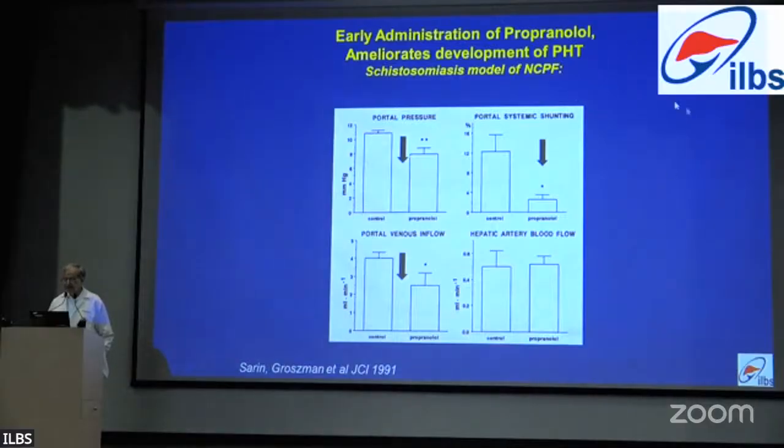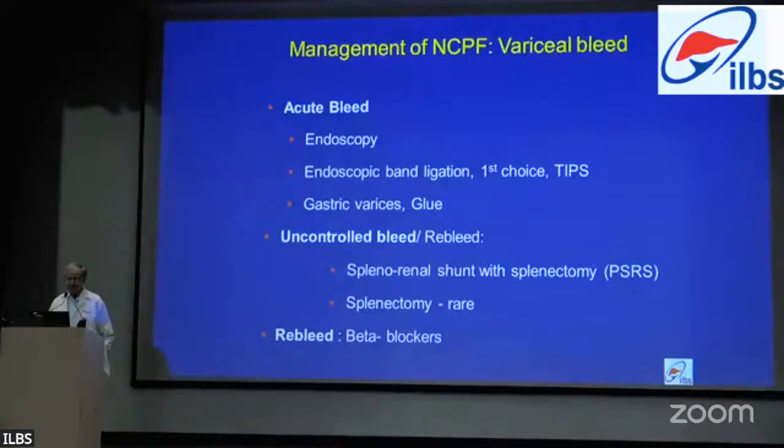This was the first experiment, and this was published in JCI, and this is the basis for all the work on beta blockers for primary prophylaxis. All studies subsequently use this animal model. And just to give you an idea, these animals were developed in Boston, at Tufts, and they were flown in by a helicopter, and they would land on the tennis court where I used to pick up these animals and work on them. I always used to think animals have a helicopter ride before sacrifice.